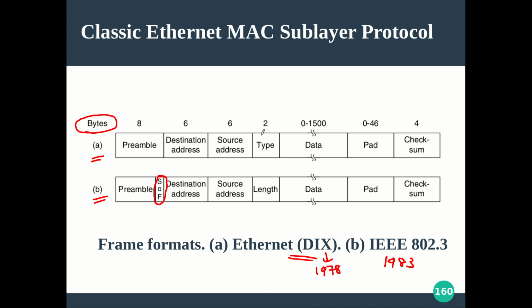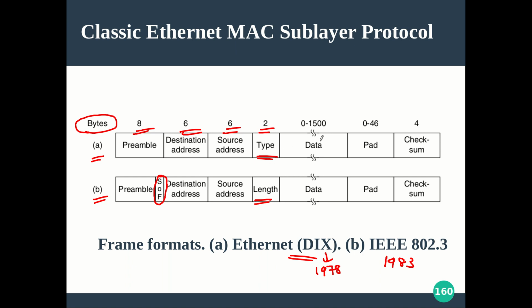The preamble is an 8-byte field, the destination address is 6 bytes, and the source address is again 6 bytes, and 6 bytes is nothing but a 48-bit address, the MAC address. Then type is another 2-byte, 16-bit field. This 2-byte field is known as type in the DIX standard, and when it comes to IEEE 802.3, it is changed to length. Here some conflicts were there, and we will see how that is solved.